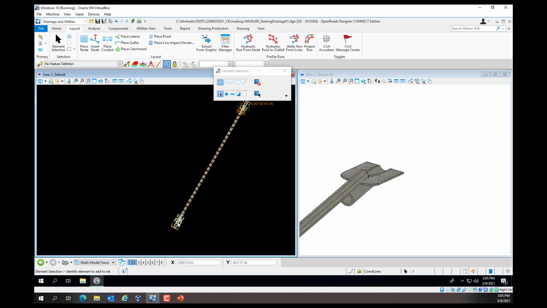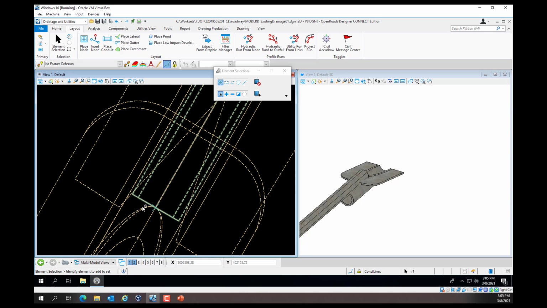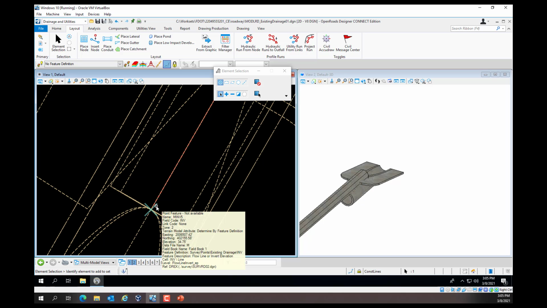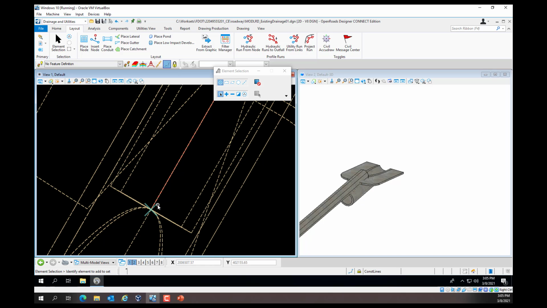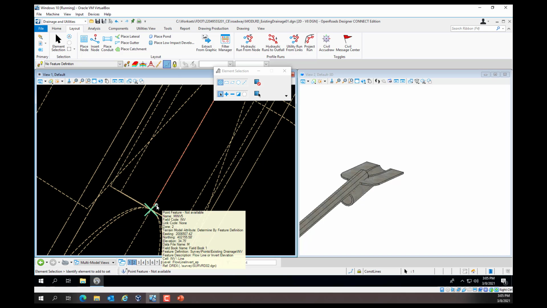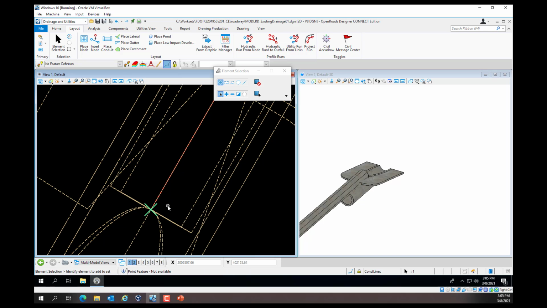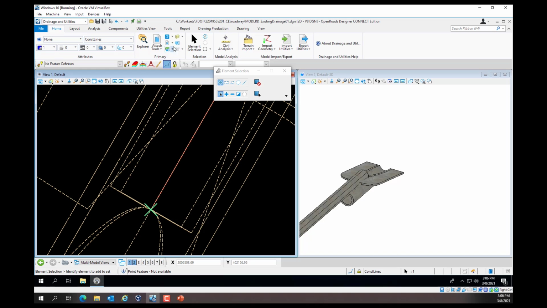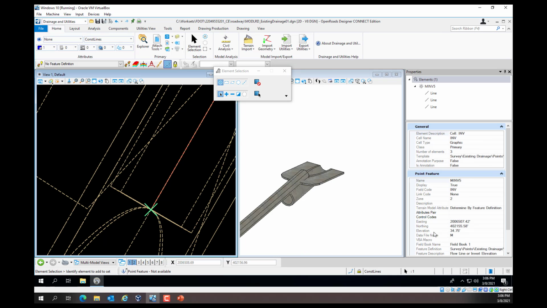So I'll zoom out because there's a couple of different parts to it. There's a survey pin that will give us the elevations. We can either hover over it, and it has a survey elevation of 34.75. That tells us the flow of the pipe. If I select it and do Control I to bring up the properties, we'll also get the same dialog. If it doesn't come up, we can go back to the Home tab and pick the I. This should bring up the properties dialog over to the right. And it does. So we'll notice that the elevation is 34.75.